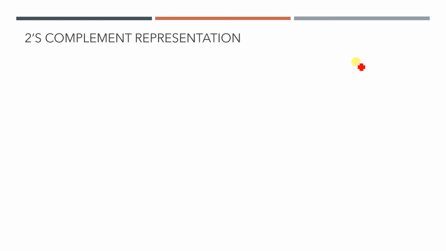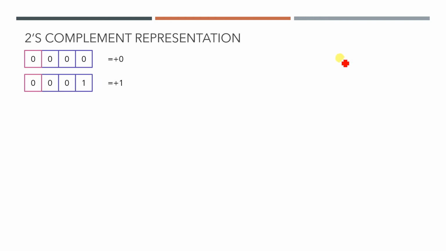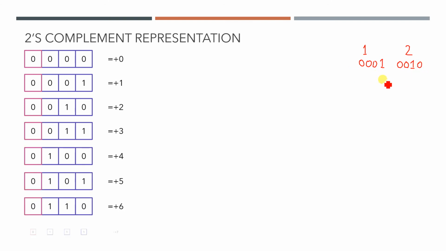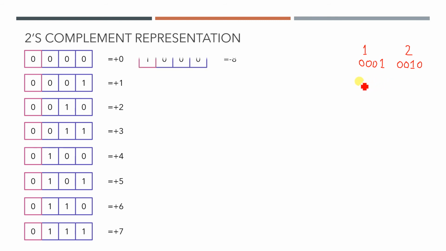So if you think about it, the positive number representations are quite similar to the previous one. For a given 4-bit word, if you want to represent plus 0, you convert the given number 0 into its 4-bit binary equivalent, that is 0 0 0 0, and represent it in the 4-bit word. For 1 also you convert it into its binary, so 1 is 0 0 0 1. 2 is 0 0 1 0, and so on, 3, 4, 5, 6, 7. So all are the same. But now see this one.